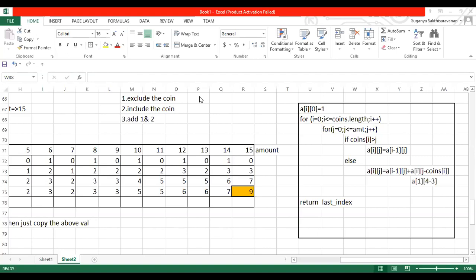In all dynamic programming concepts you're supposed to form a table and fill it. Yes, it is a 2D array. Then see where you made the mistake, Aishu. It is a 2D array, right?